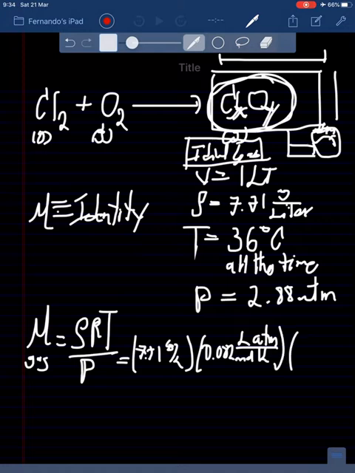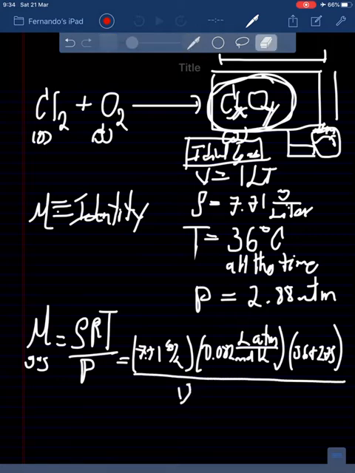And I multiply this also by 36 Celsius plus 273. Remember that we need to set this as Kelvin because that's the constant that I am using, right? Over